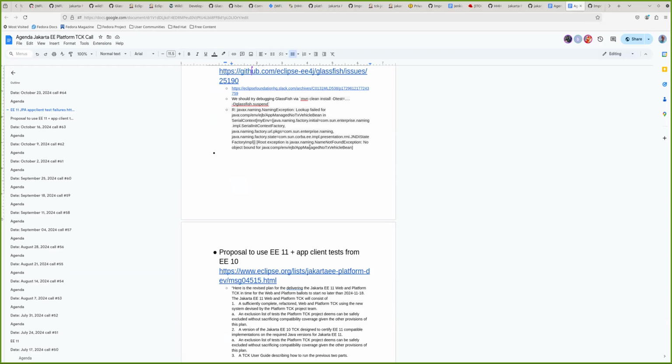So maybe it's a little easier to read. Yeah, the lookup fails. But what does that mean? It could be that it got to the server side, was trying to do something with the bean, and then got an exception, a class not found exception. It eats that exception and just throws back a generic exception that says what we see,